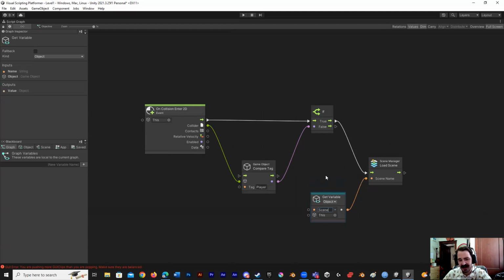Now, I do not have this object variable set. And it looks like I'm getting a little error here. This is something different. I'm not going to worry about that. Now, I don't have a variable set yet. So to do that, what I'm going to do